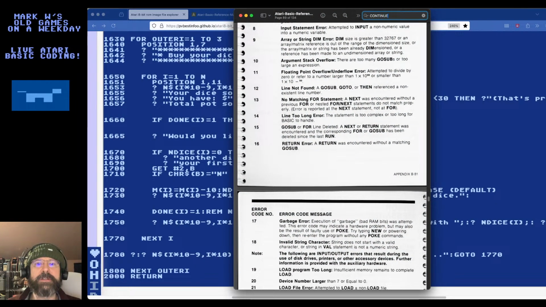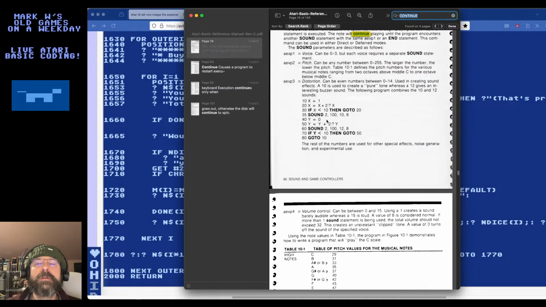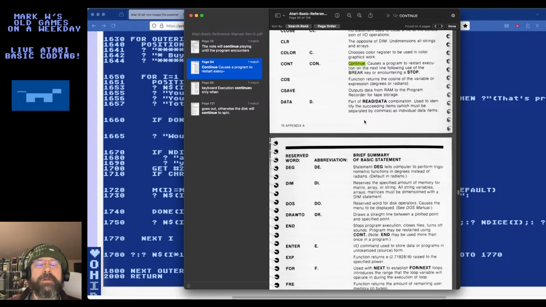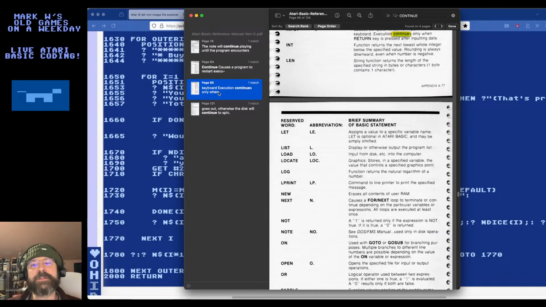Let's see. Is there a continue? Ah, there is. But it's not for a loop. This is if you break out of the program and you're at the prompt where it says ready, you can type cont to continue execution where you broke out. So that's not actually what we want to do.